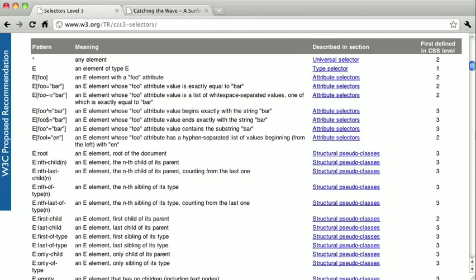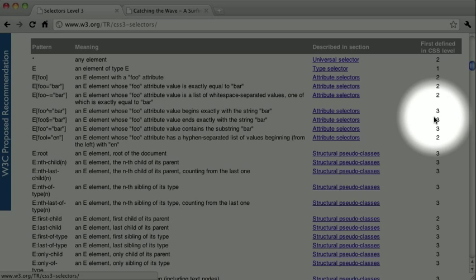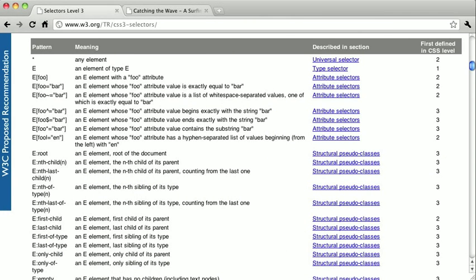browser compatibility. The bad news is Internet Explorer 8 and older won't support all of these CSS3 selectors. The good news is Internet Explorer 9 will have very complete support for them. All of the other major browsers like Firefox, Safari, Chrome, and Opera have supported CSS3 selectors for 1 or 2